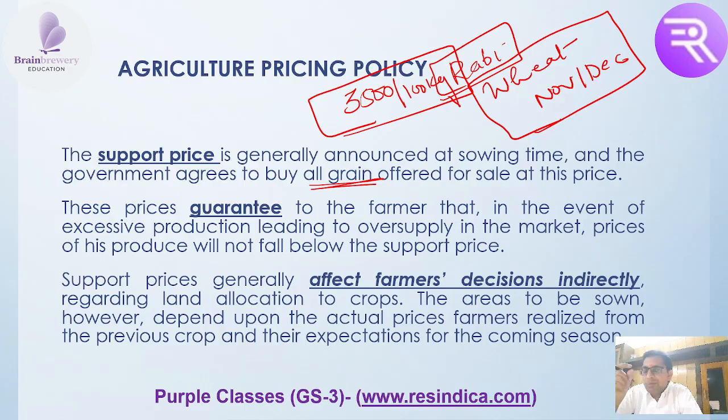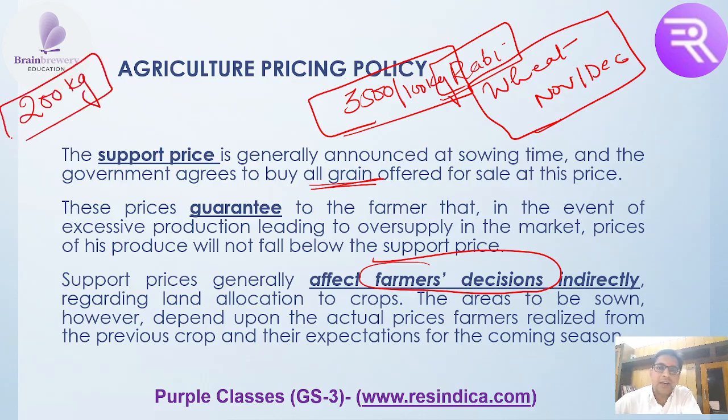And since the government is guaranteeing this price, it automatically affects the decision of the farmer indirectly. Now the farmer will think, okay, the government said it will be buying my rice crop or wheat crop, so let's make this wheat crop. We will continue with the wheat crop. We will sow the wheat crop because we know how much price we are going to get. So farmers say that, okay, we are producing around 200 kg of wheat, so we will be getting 7,000 rupees from the government. Okay, that is the minimum that we will exactly be getting. Okay, so he is assured